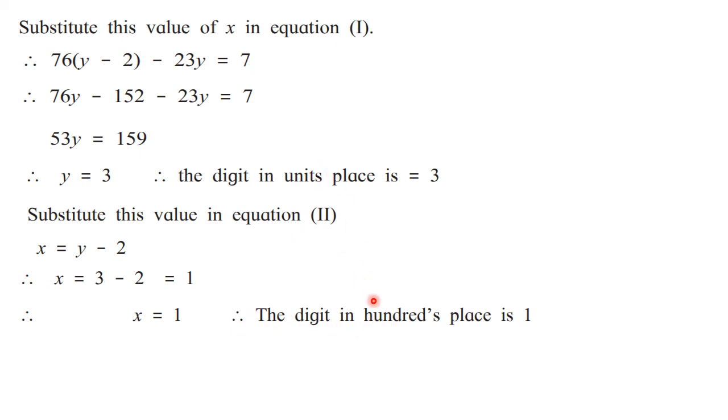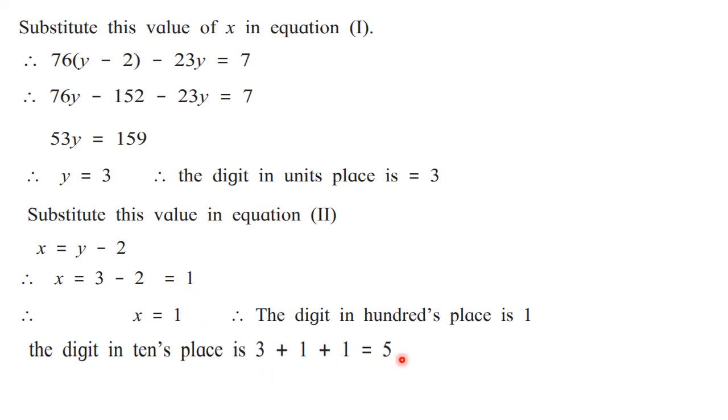Now by using these two values, we can get the digit in the tens place, or the middle digit, as 3 plus 1 plus 1. That is x plus y plus 1. Here they have not followed the sequence properly. If you see the table, it is x plus y plus 1, that means 1 plus 3 plus 1. You know that addition is orderless, so you can write in any order. So 3 plus 1 plus 1, 5.